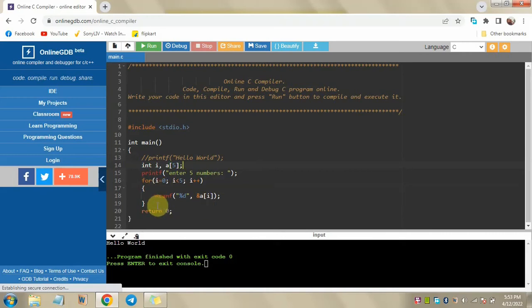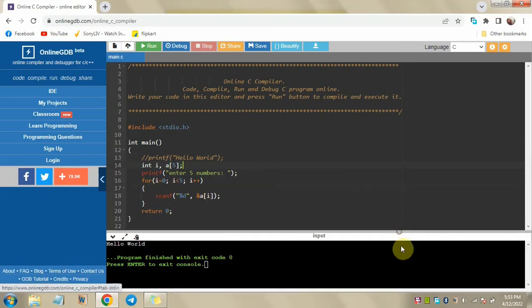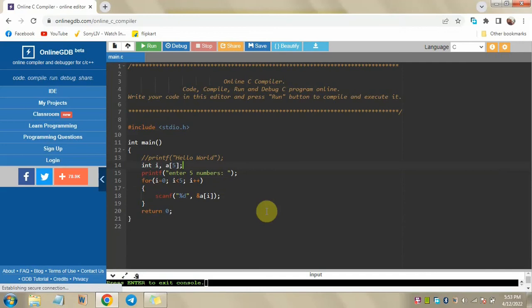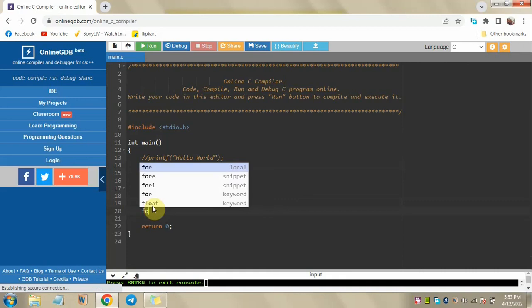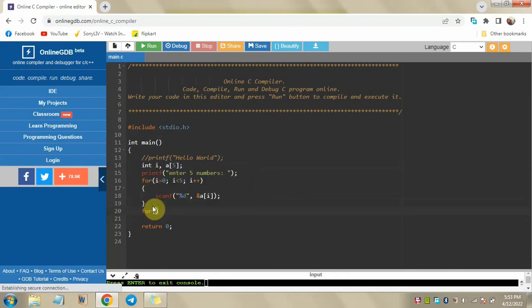So it's done. Now let me just bring this down a bit, and over here now we have to write the main program which will sort the array of 5 numbers. So for that we will be using 2 for loops. So let me write it first, then I will elaborate it more.